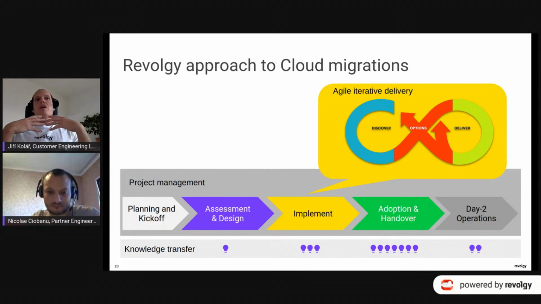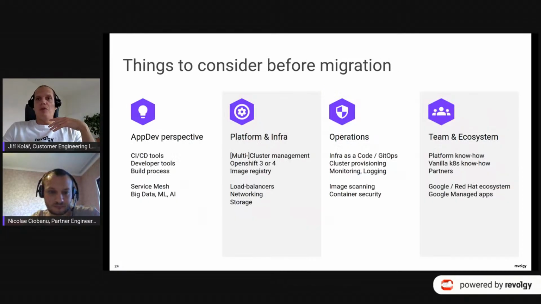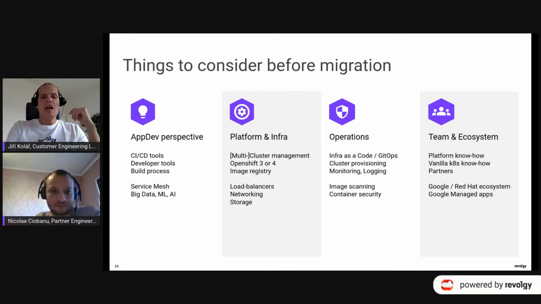So let me dig into one more important part. And this is, again, something for you to think about. And this is, of course, something which has to be addressed during the discussion with us. These are the general topics which are important to think about during the migration of the OpenShift, right? So I put it into 4 different categories. So typically, if you consider the migration and you are thinking of the scenario, shall I just bring my OpenShift into cloud? Shall I migrate to Google tools? Shall I do whatever else? These are the important things to take into account, right?